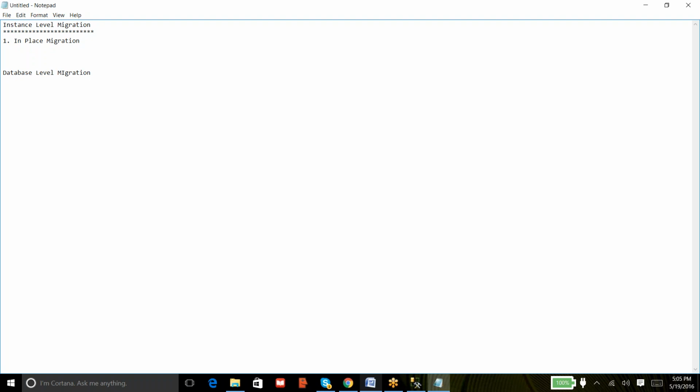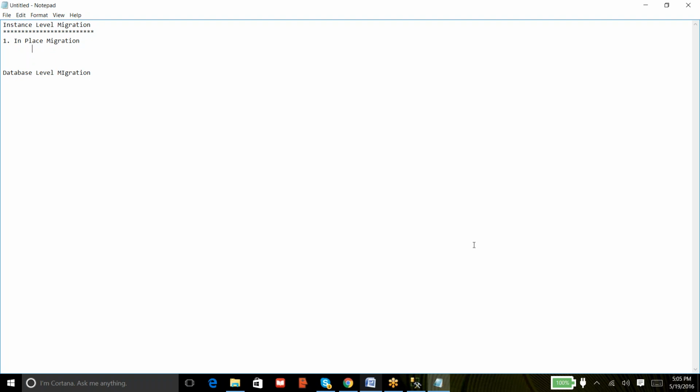So in place migration, what we do is, let's assume I have a server with 2008 R2 running. I have a server with a SQL Server 2008 R2 instance running, and I was requested to upgrade that instance to 2012. By choosing the in-place migration, I can copy the SQL 2012 media file onto the 2008 R2 server. I have only one server, and in that server a 2008 R2 instance is already running. So I'm copying the SQL 2012 media file onto the same server, and once you copy that file,